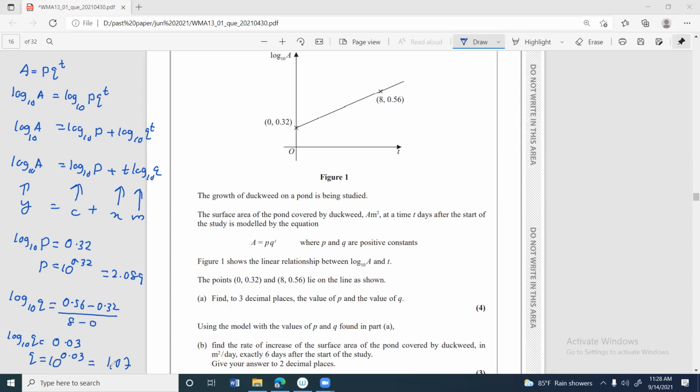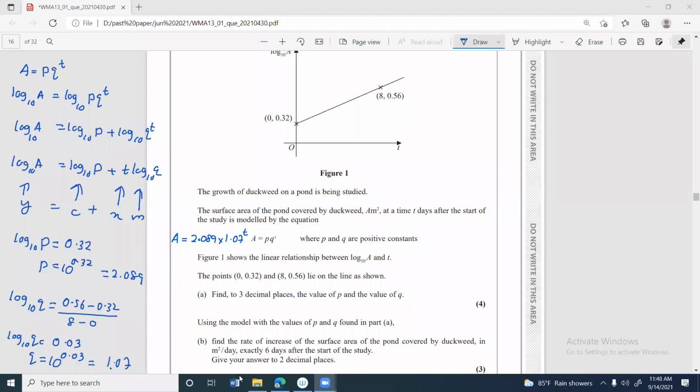Yes, so we can get the answer: p is equal to 2.089 and q equals 1.072. Yes, this is fine. Right. When you come up to the next part of the question, children,